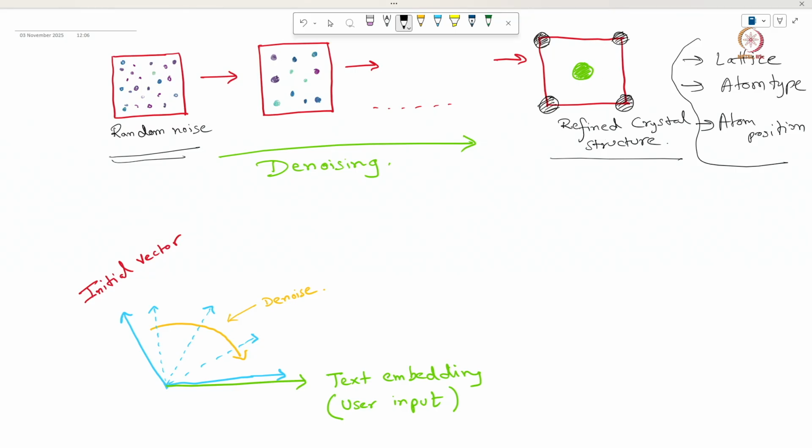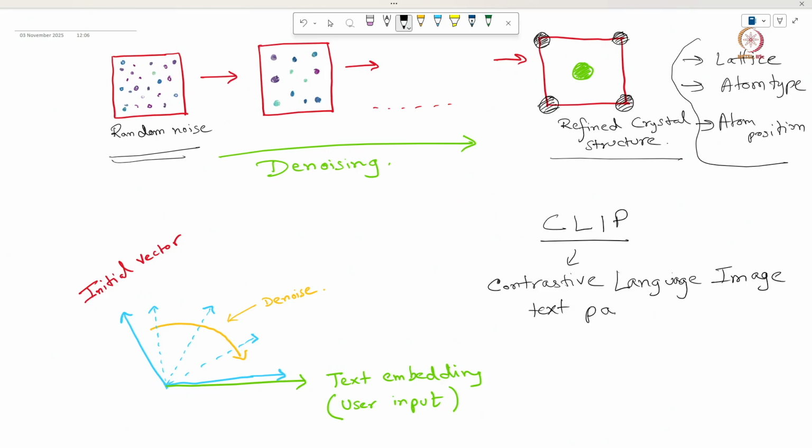So how this model was trained is they use something called CLIP. This CLIP model was basically made so that you can get images from texts.